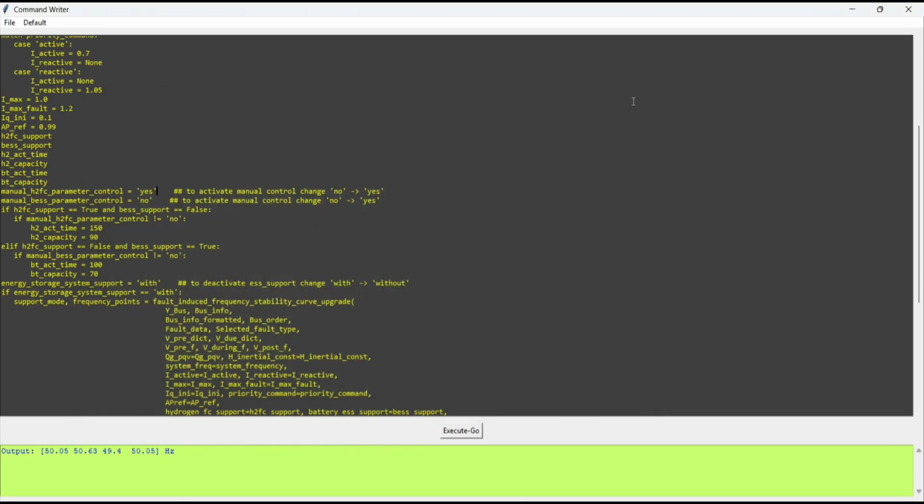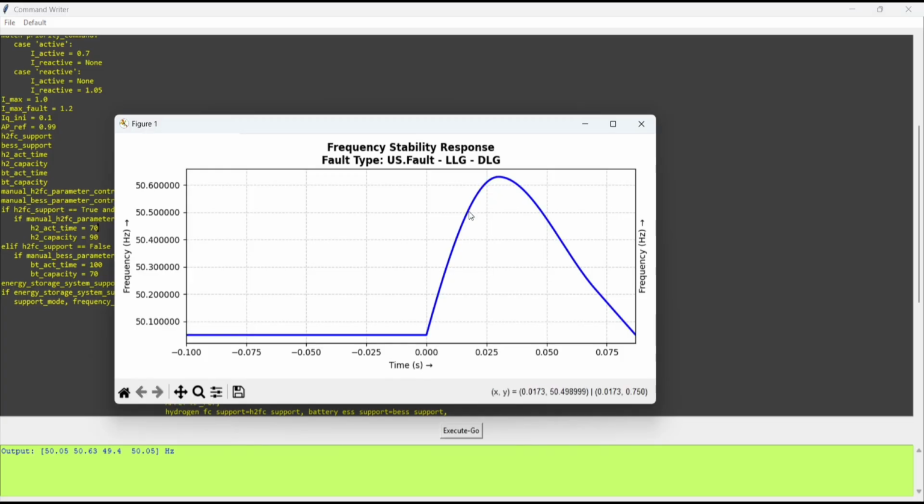Now if I reduce the hydrogen fuel cell actuation time from 150 milliseconds, suppose I change it to 70 milliseconds, and click on execute again, here you can see this is the spike time only. Near about this region, you can see the hydrogen fuel cell is actuated and it takes the control. So the spike generally reduces, and after that no frequency dips are observed,